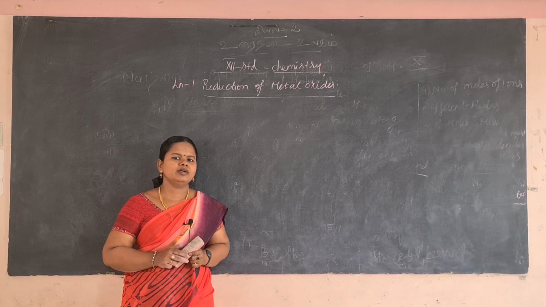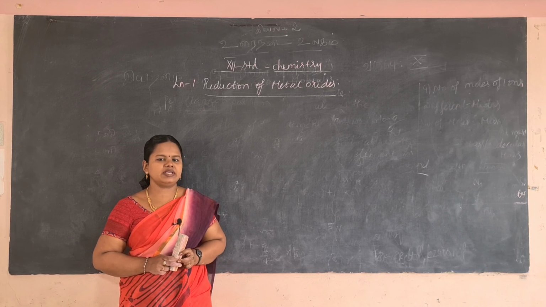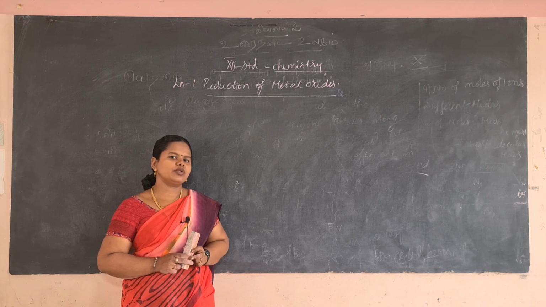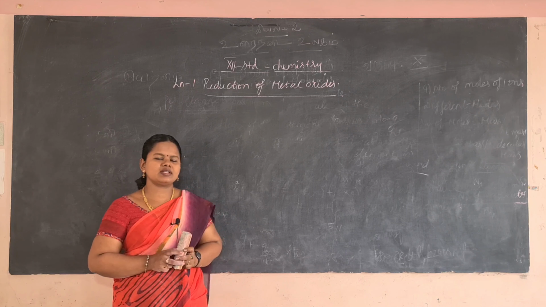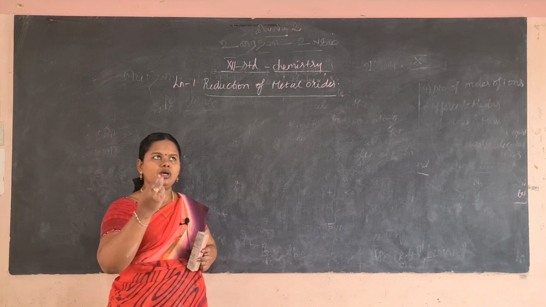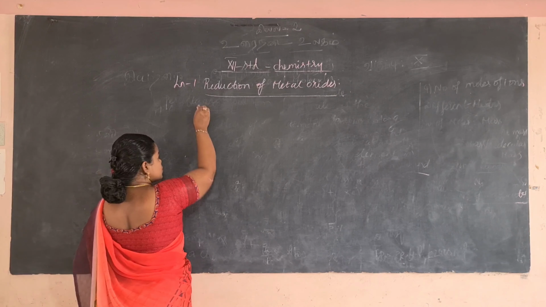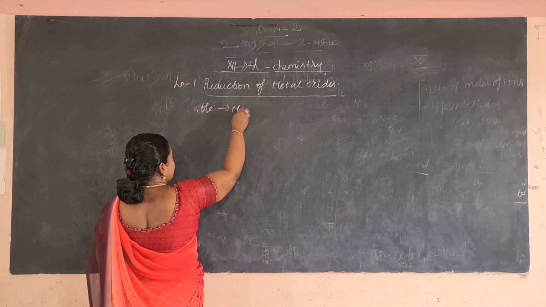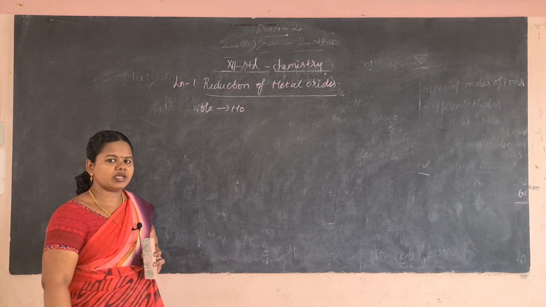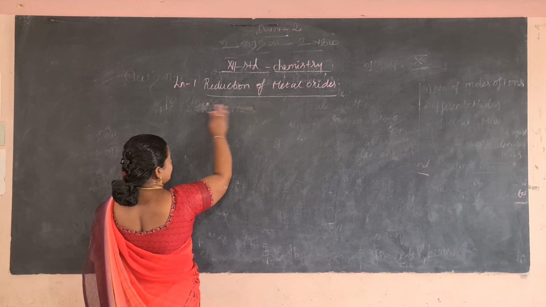Good morning to everyone. Today we'll see about the 12th standard chemistry lesson 1. Already we are seeing, and in that we saw about the concentration of the ore. First heading will be the concentration of the ore. Second one, we saw about the conversion of the ore to the metal oxide, which involves calcination and roasting. And the third step we are going to see is reduction of metal oxide.